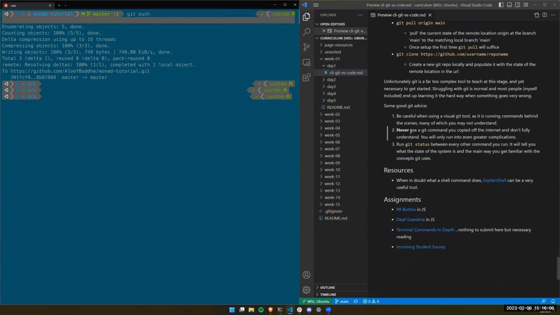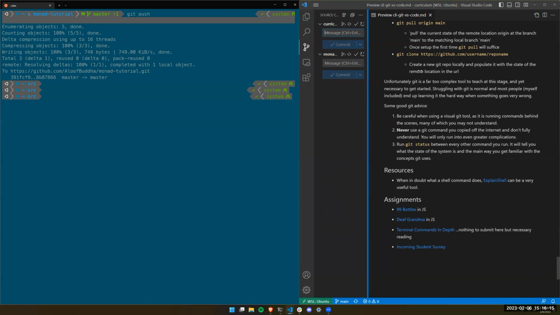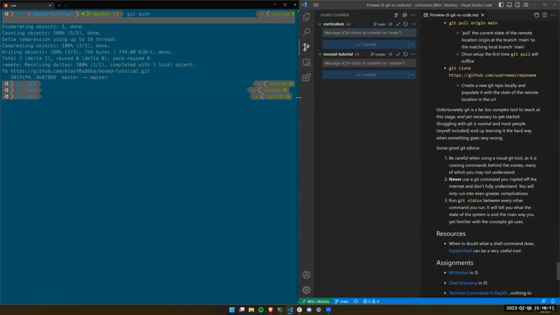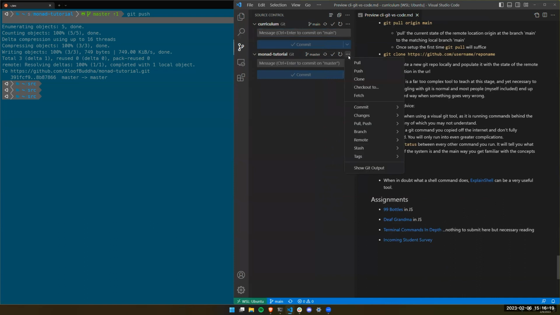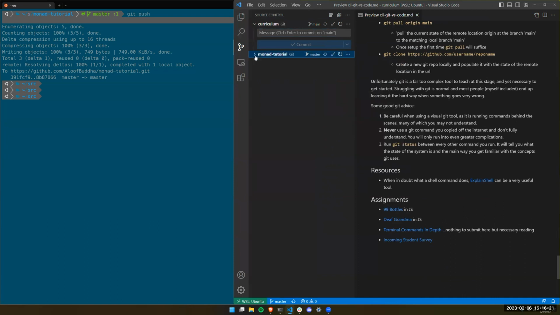As I mentioned before, I tend to have this attitude of, you want to get good at the command line version before you use the visual version. Although, as you can see here, there's a pretty good visual version. As far as Visual Studio is concerned, it will track your things and allow you to just click a button that says commit. So, there are decent visual tools out there.